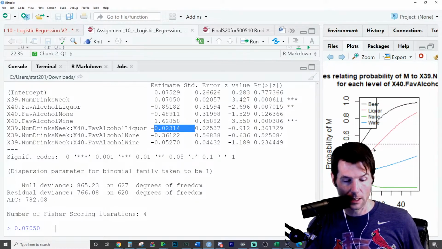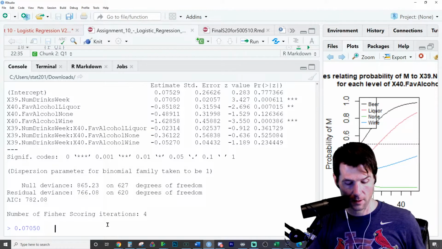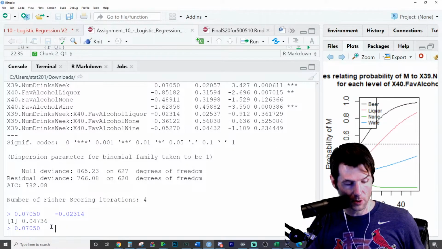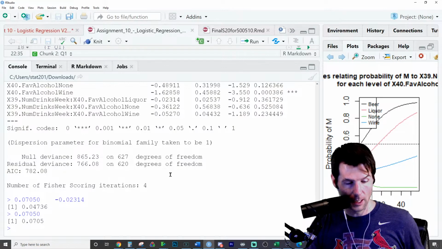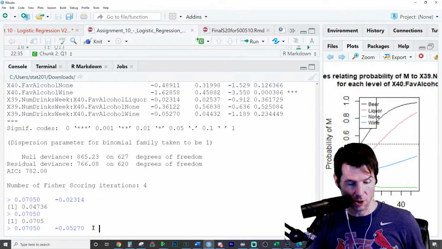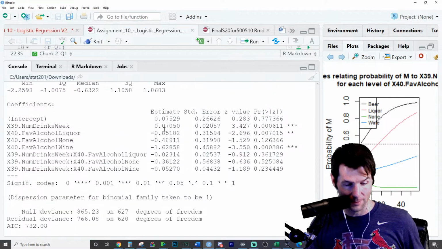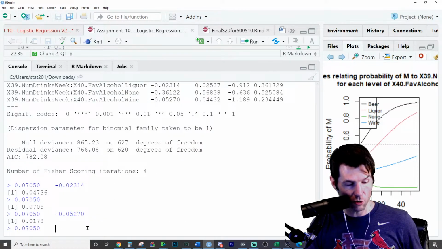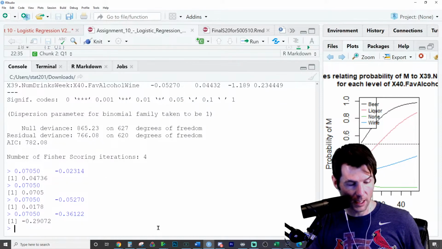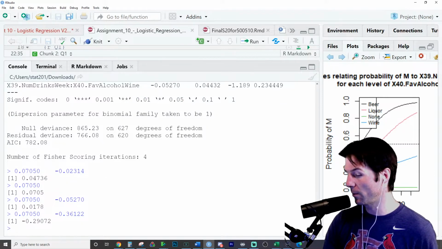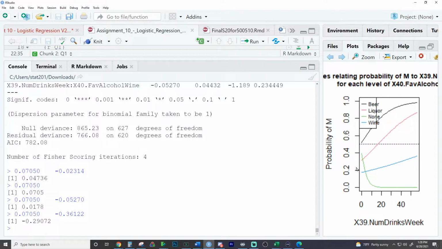And those are the red line. The liquor line's the red line, so the liquor line is going to have a strength of that. The original line has a strength of that. That's the black line. And the blue line, which you notice here is the wine line, has a weaker relationship. It actually has the weakest relationship. There's the black line, the red line, the blue line, but the green line, we take the original strength of number of drinks per week, and then we subtract from that the mega negative coefficient right here, super negative, and it actually becomes the strongest relationship because it is the steepest line.